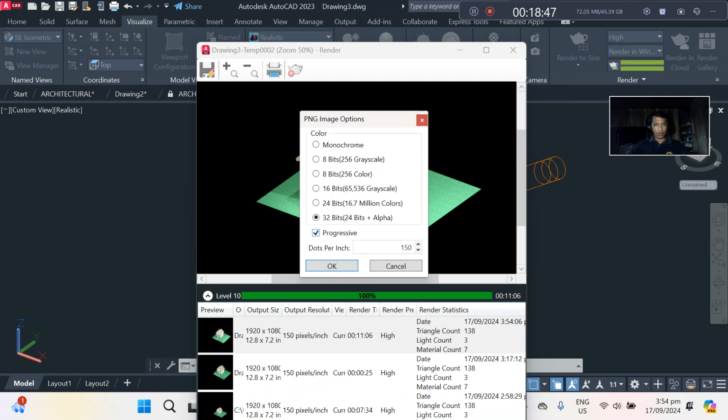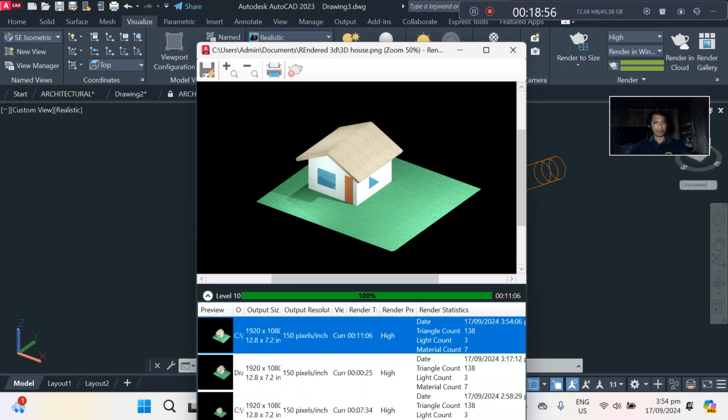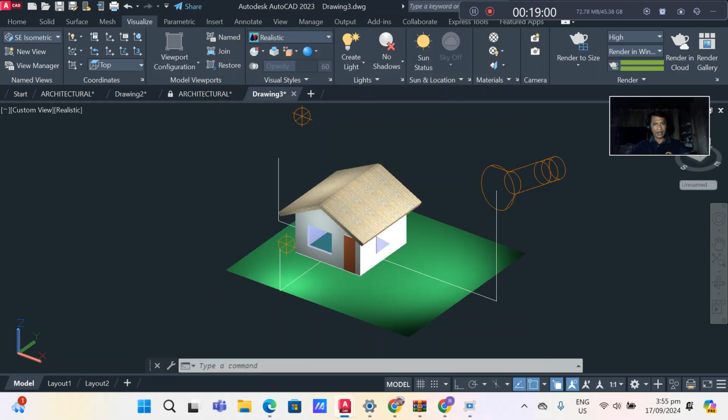Then make it progressive, 32-bit alpha progressive, then change that into 300, then okay, then close the file.